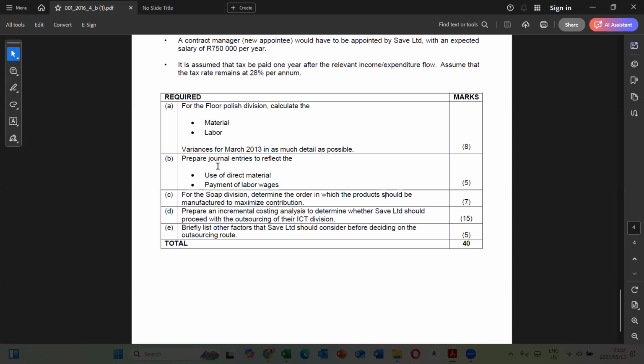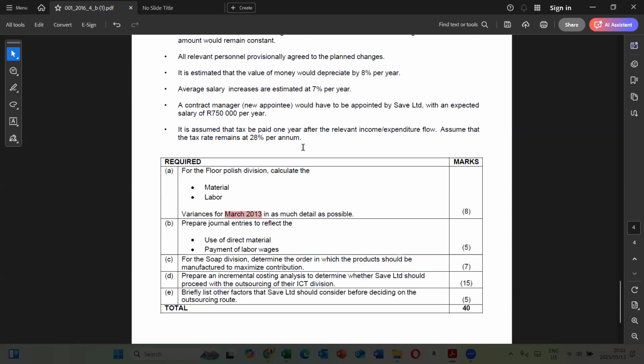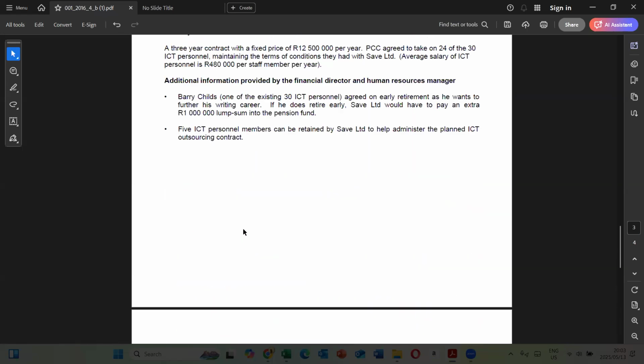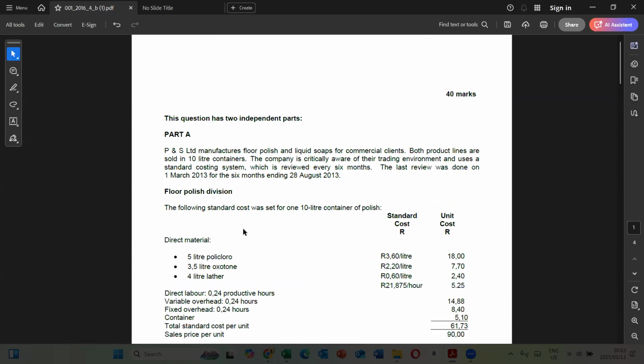So in terms of this question, they did ask us with regards to part A. It says for the floor polish division, calculate material and then labor variances for March 2013 in as much detail as possible. Now I'm just going to do the mix and yield variances. The rest will be good practice for you, to see that it wasn't really that difficult though. So we're given